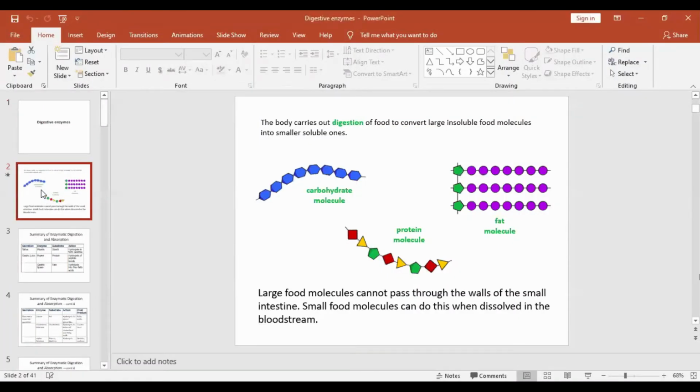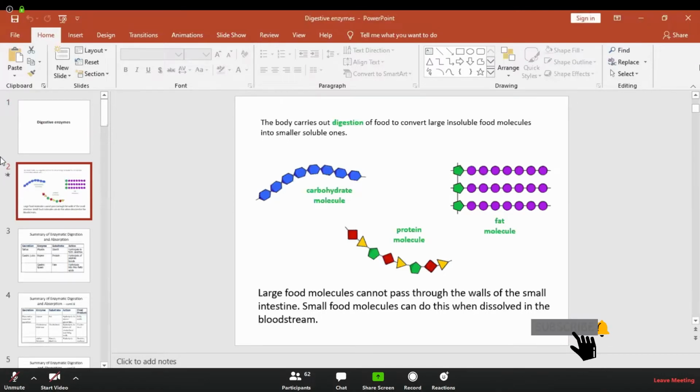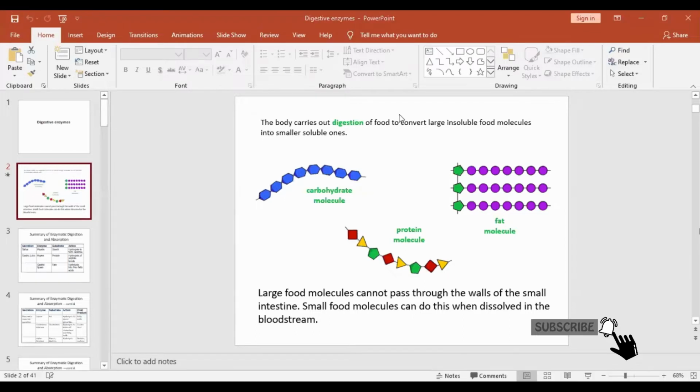A requirement for digestion is that, as we know, our food consists of different large molecules. They need to be converted to smaller molecules. Fat molecules consist of esterification of glycerol with fatty acids, and protein molecules are also large linear molecules. So the large food molecules cannot pass through the wall of the small intestine, and hence for their proper absorption through the GI tract,